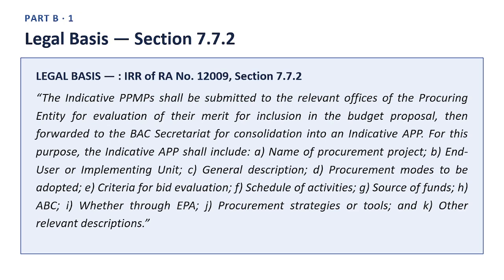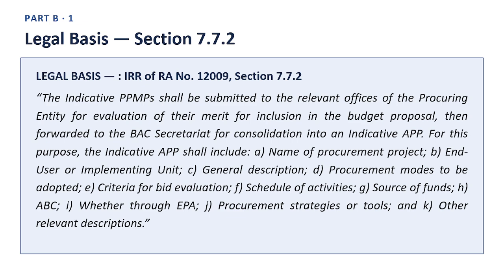12,009, Section 7.7.2. Quote: the indicative PPMPs shall be submitted to the relevant offices of the procuring entity for evaluation of their merit for inclusion in the budget proposal, then forwarded to the BAC Secretariat for consolidation into an indicative APP. For this purpose, the indicative APP shall include: a. Name of procurement project, b. End user or implementing unit,